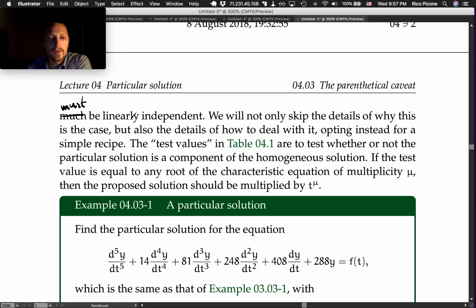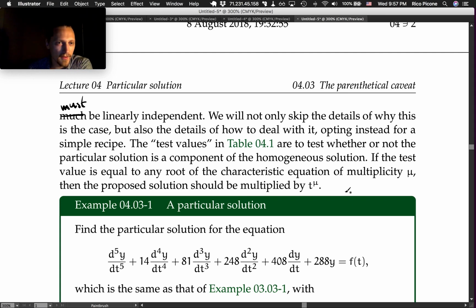If the test value is equal to any root of the characteristic equation of multiplicity mu, then the proposed solution must be multiplied by t to the mu. I think that it's pretty easy to see why we're doing this multiplication. It's a little harder to talk about it in general, but